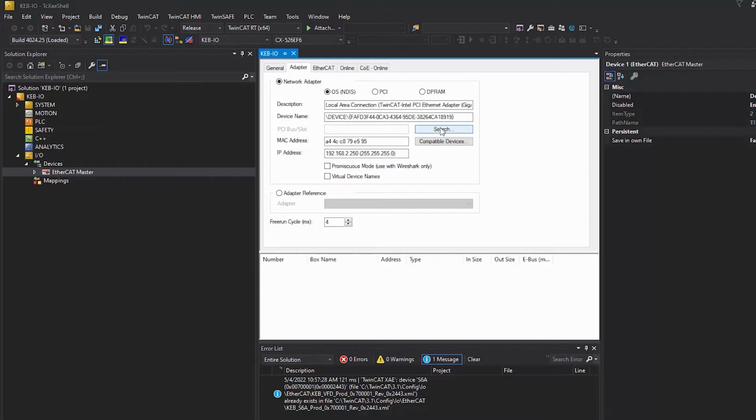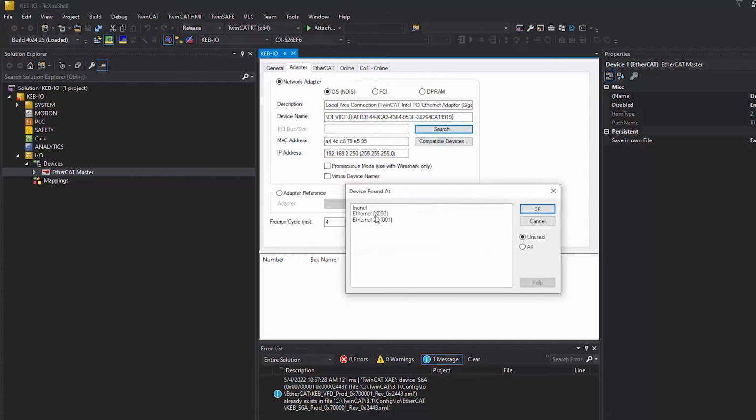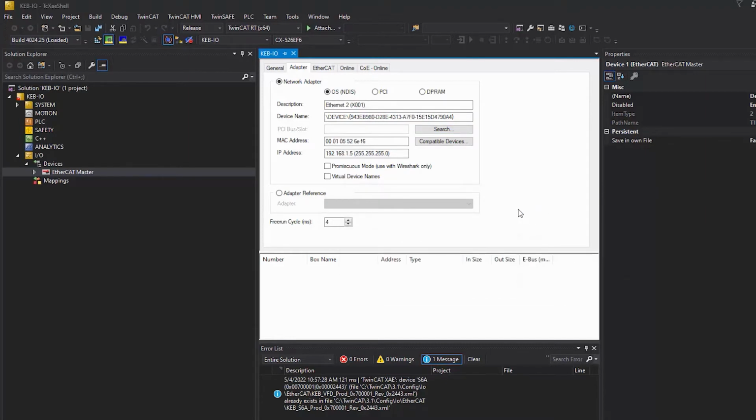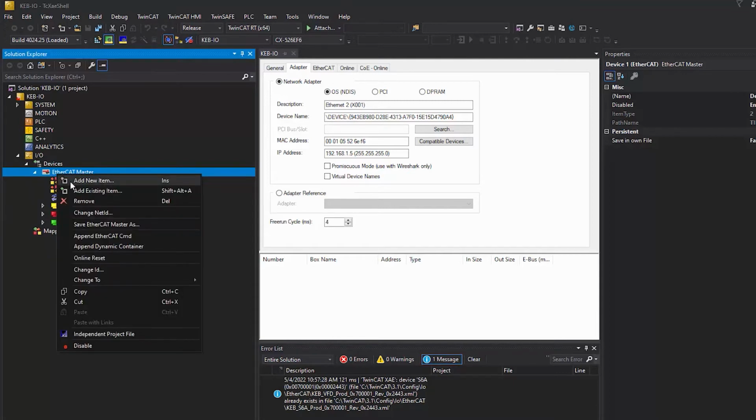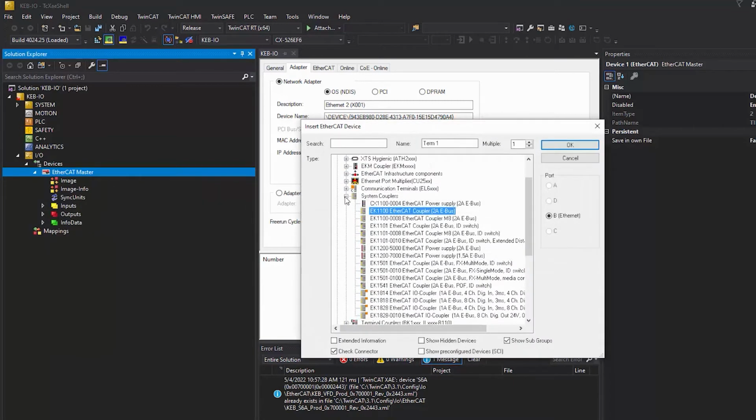If you do, select search and you will see the interfaces found on the PLC. I'm going to select the X001 port. Select OK. After selecting OK, we are now ready to add the KEB IO devices. To do that, right-click on the EtherCAT master, select Add New Item,